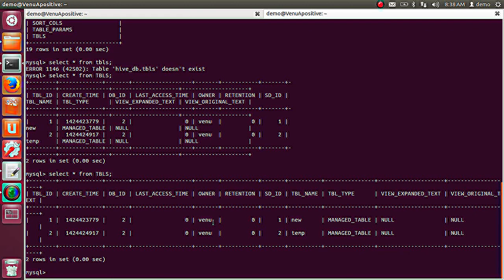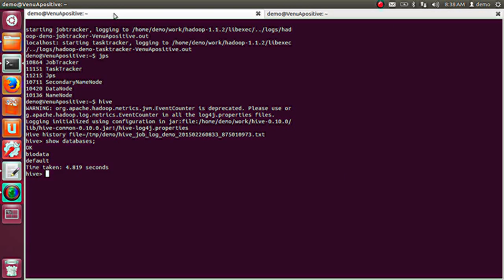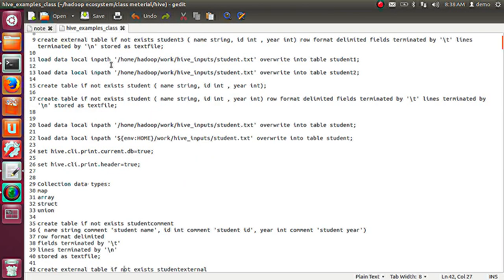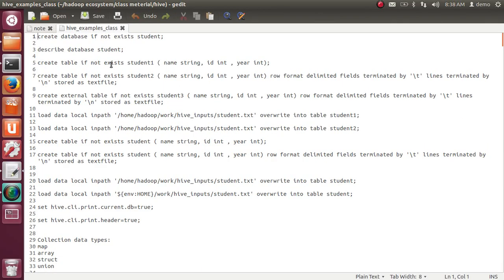I hope you can understand easily. What is this creating time? This is owner, this is table name, temp name, and the new name already created. I will explain now how it's forming everything. I have already given this documentation for practicing purpose. HBase is already installed, everything. Now you should practice HBase, what it is and how to process it.